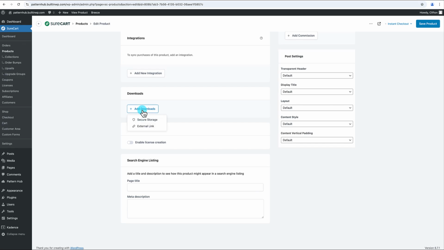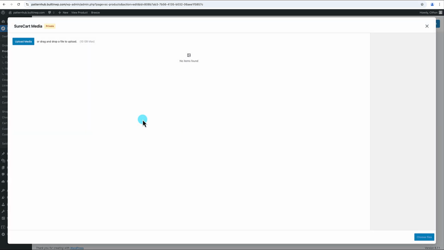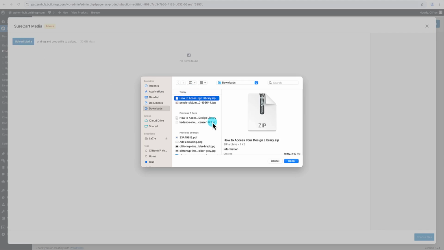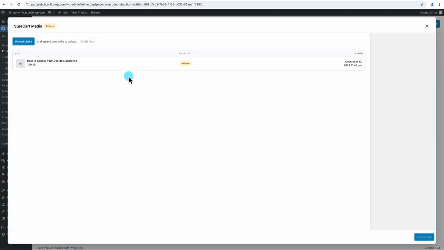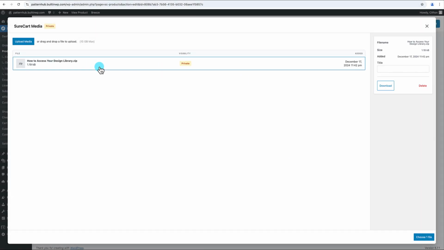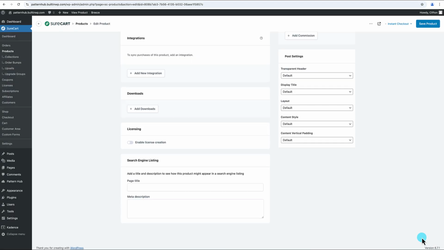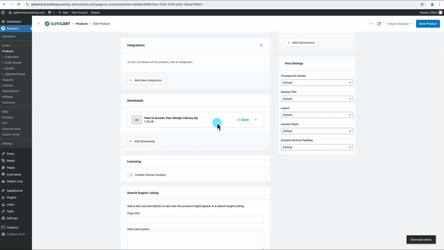So I'm going to click on add downloads, select secure storage, and then we're going to say upload media, and I already have my zip file here ready. Okay, and we can see the zip file here, and all it is is just a text file with an explanation on how to access the design library. And then I'm just going to go ahead and name it here as well, how to access your design library. Okay, and we'll go ahead and select choose file,